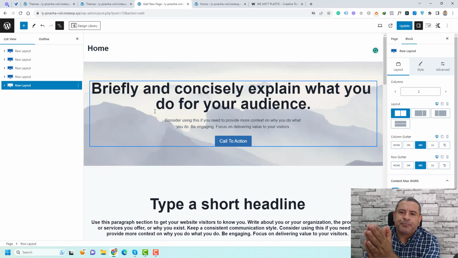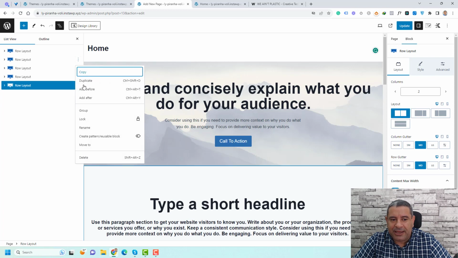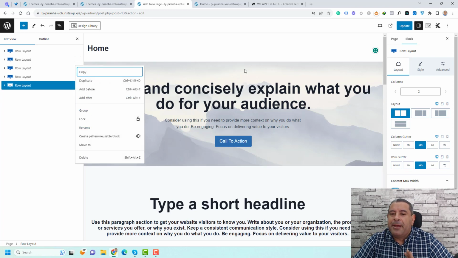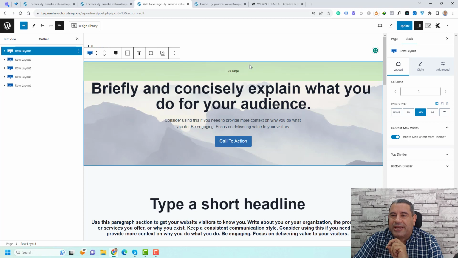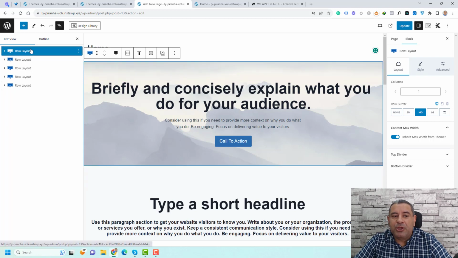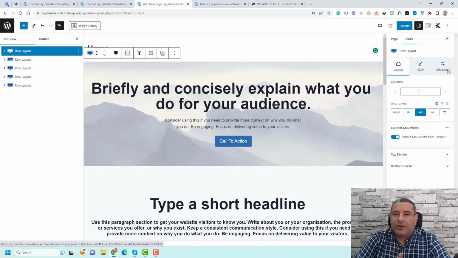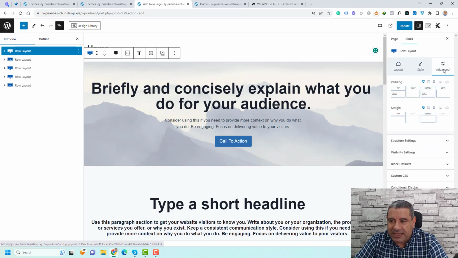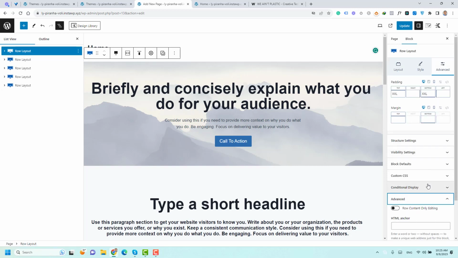Now we need to give all of these sections a name. You can do this in 2 ways. You can do this by clicking here and give this a name here, but I don't like this. I like to use another way which will help us create the navigation of our one-page website. To do this, you need to choose any row layout, and you need to go to the advanced tab. Here you'll find 3 tabs that will give you options for the design and the styling of this section, this row layout. We need to go to the advanced tab, and under advanced here again, we need to give this